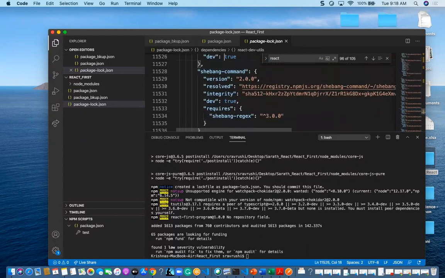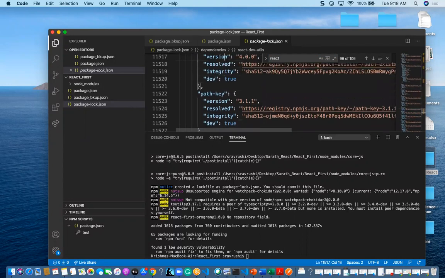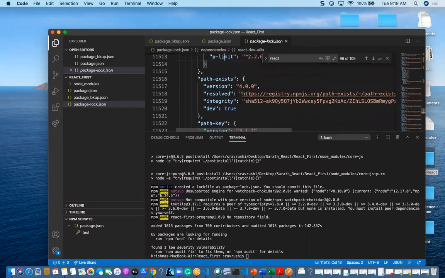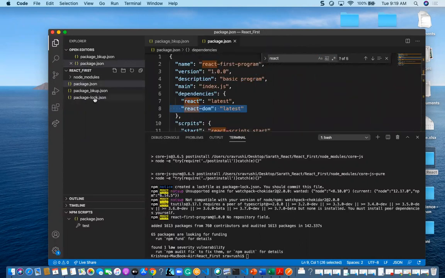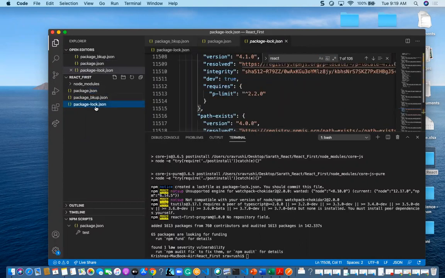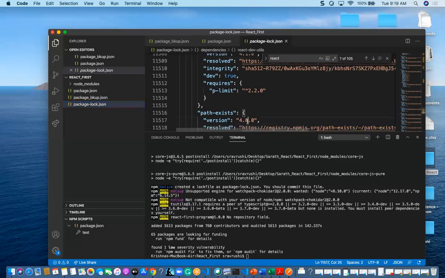You can find that in package-lock.json in a detailed version. The important thing is we no need to worry about this package-lock.json. One tip here: if you are doing npm install one more time, we have to remove this package-lock.json. Otherwise, it will take these versions and install them.